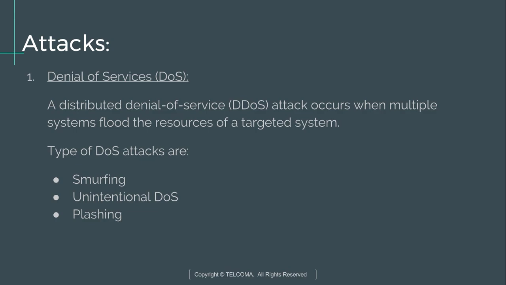Whereas in unintentional DOS, this attack can occur when a system doesn't respond to requests or doesn't provide services, not due to an attacker, but simply due to sudden enormous popularity. An example is news sites or link sites which provide links to interesting content over the internet. They are likely to cause this phenomenon, which is known as unintentional DOS.